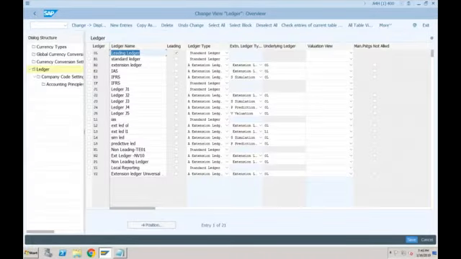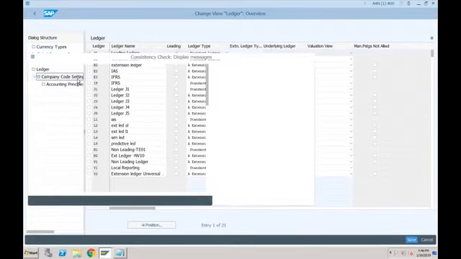Again, let me go to the screen. Now, in SAP ECC, when we talk about the currencies, there were 3 currencies in total. The first one was the company code currency, and then there were 2 parallel currencies which can be assigned to the company code. Apart from that, there was a 4th currency, which was the controlling area currency. But now in SAP S4HANA, you still have the company code currency and you still have...